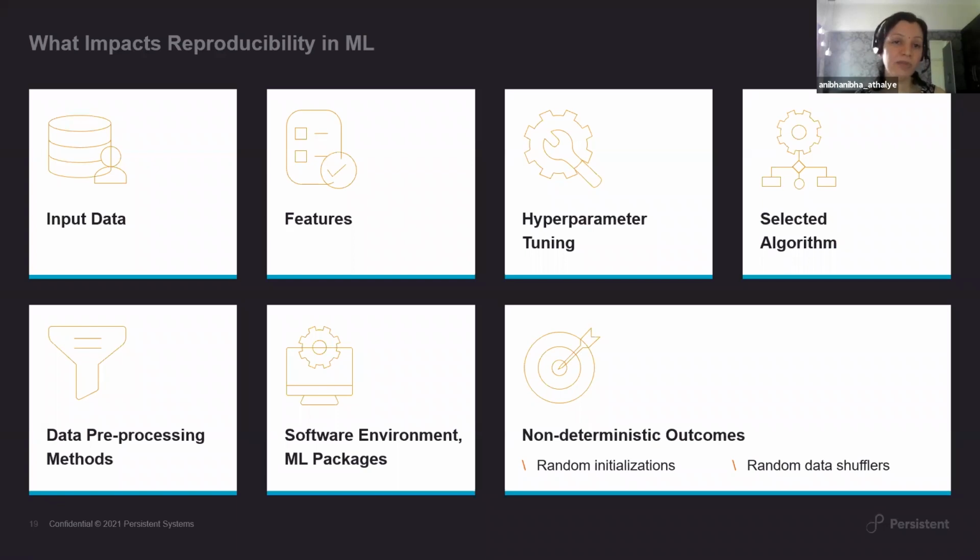The second type of reproducibility is data reproducibility, wherein you are saying that given some data, you can use alternative methods to get the same kind of outcomes. And the third is method reproducibility, wherein you are saying that the method itself can change, the data itself can change, and then you are still able to achieve the same kind of outcomes. The discussion over here is largely focused on experiment reproducibility.